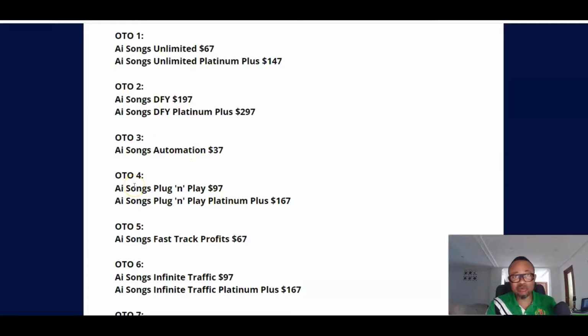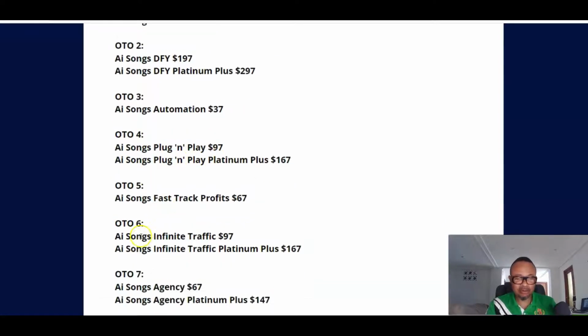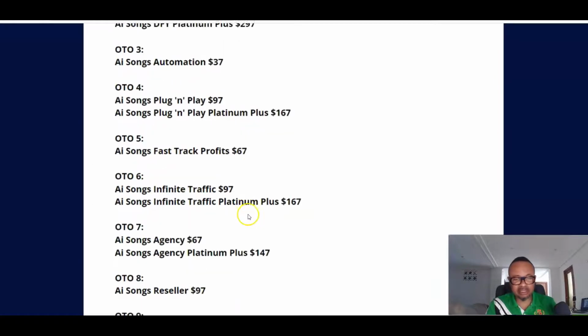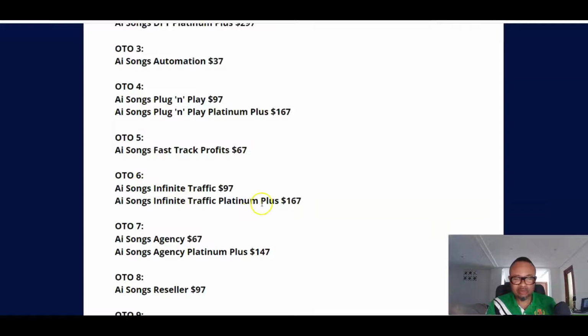That means you do it once and then you realize and see money roll into your pocket. Now you have OTO number 4, AI songs plug and play, $97. You have OTO number 5, AI songs fast track profit, goes for $67. OTO number 6, which is the